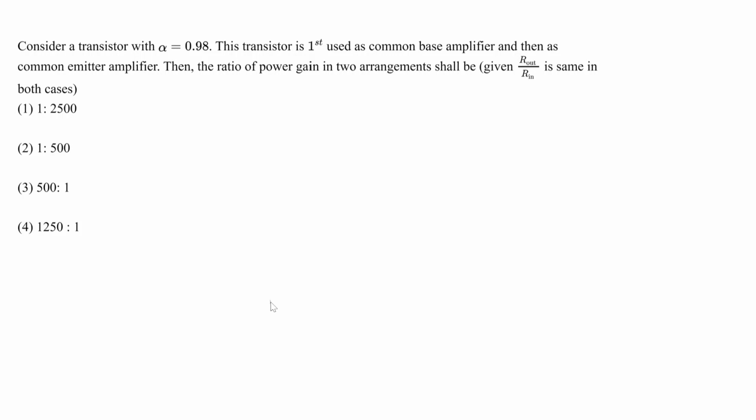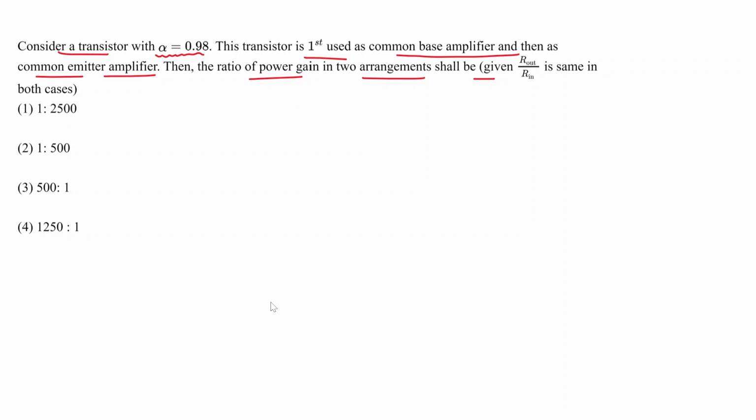Students, in this question we are asked that if a transistor having an alpha value of 0.98 is first used as a common base amplifier and then as a common emitter amplifier, what is the ratio of power gain in the two arrangements? So you have to calculate the power in the common base configuration divided by the power in the common emitter configuration,